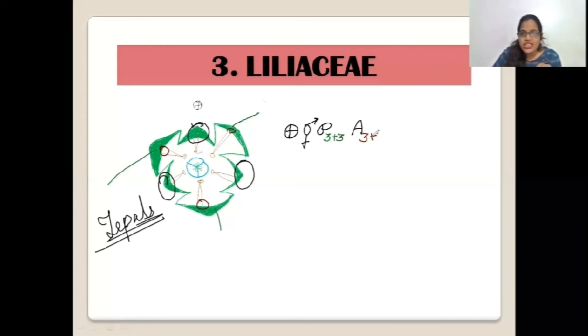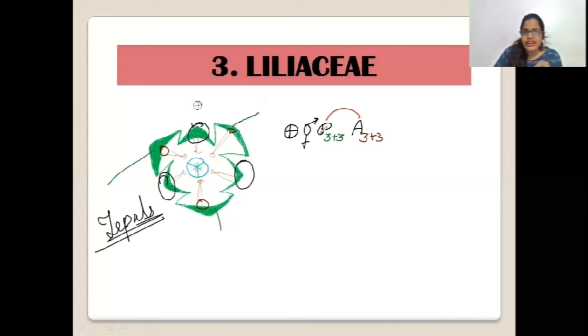But now, what you can see, guys, is that the stamens are attached with the tepals. The stamens are attached with the tepals. So to show attachment between the members of 2 different whorls, I draw an arc, right? So my arc is done. My attachment is shown completely over here.